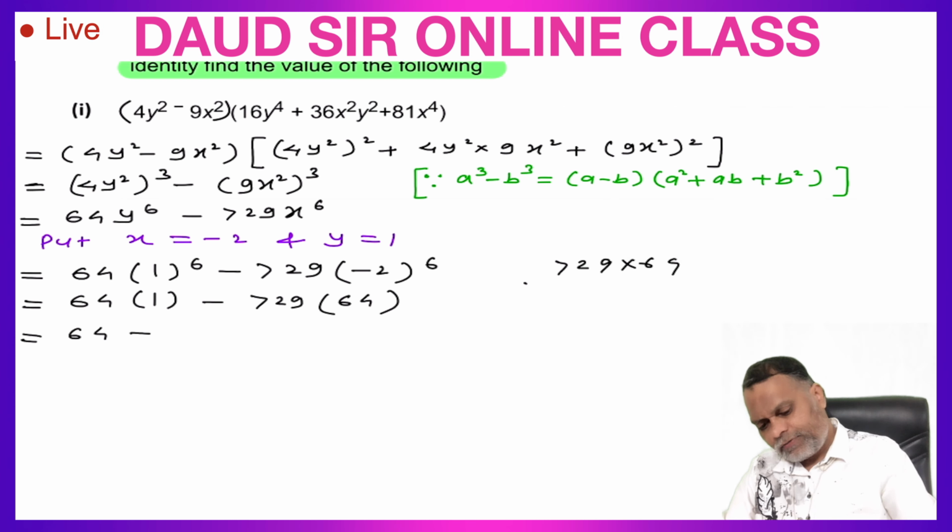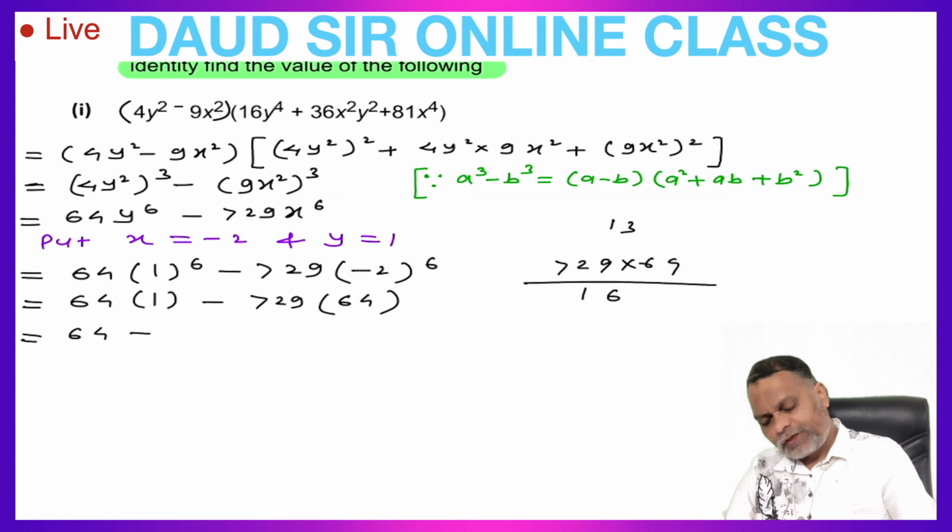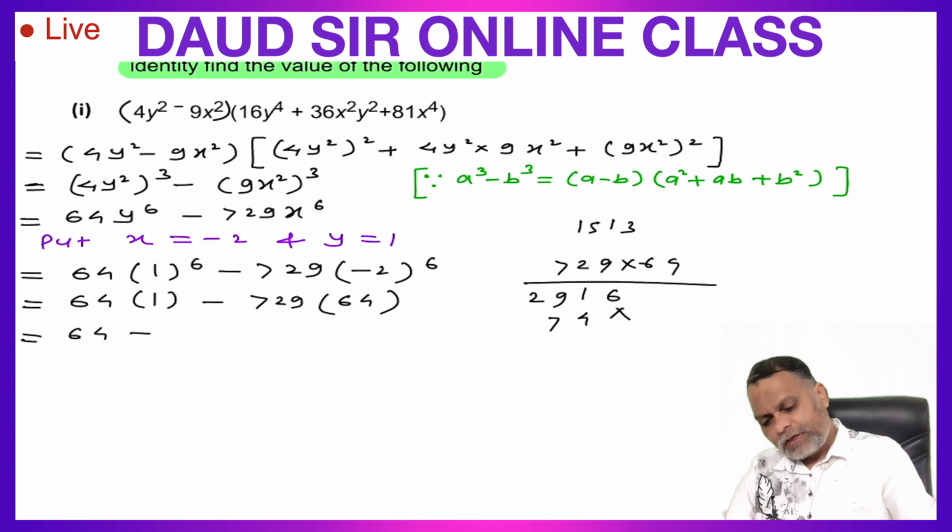729 into 64. 4 9 ja 36. 4 2 ja 8 plus 3 11. 4 7 ja 28 129. 6 9 ja 54. 6 2 ja 12 plus 5 17. 6 7 ja 42 plus 1 43. 6 5 9 plus 7 16.